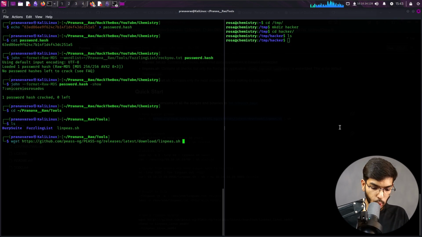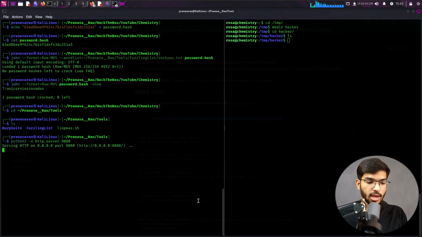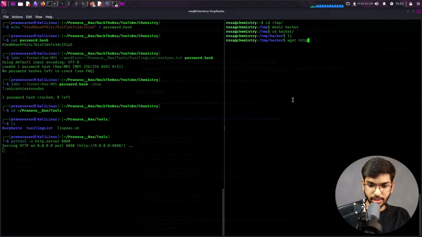It is going to download the same tool, which I'm not going to do because I already have that file. But what I will do here is start a local server using Python 3, say -m http.server on port 8080, just for me to host some files from this attacker's machine to the target system. Coming to the target system, I will download the file linpeas.sh so I can run those privilege escalation tools. So I will say wget http, and then paste in the IP address of my